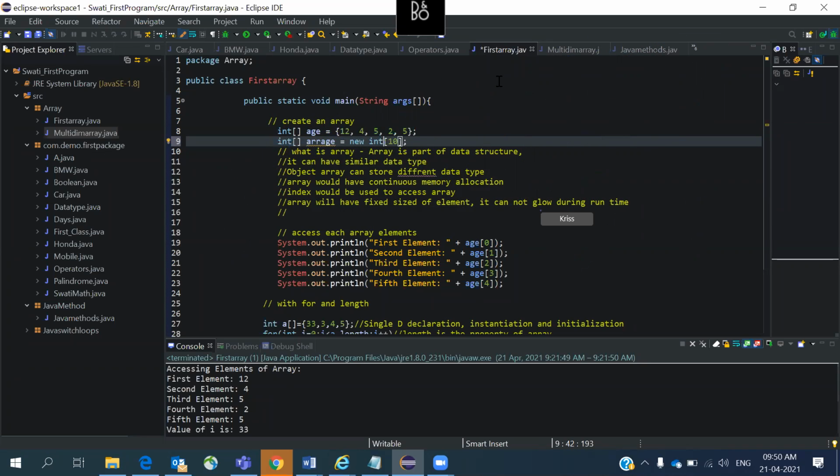Excellent. Now what is the meaning of this one and what is the meaning of the one above? Can anyone say? This is open for all. Okay, good, Shruti. So actually, for the first one, we have defined the size where length is only 5. While for the second one, we have defined the size, but there is no value to it. We have just defined the size of an array, but no values exist.